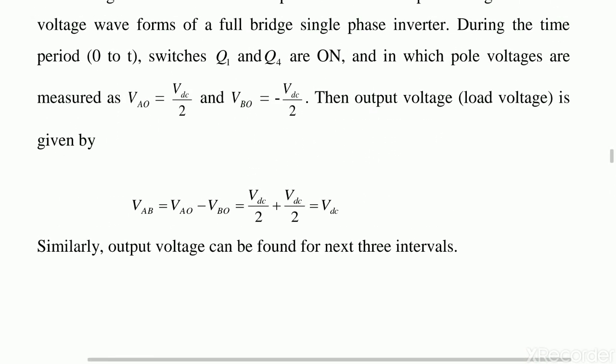So as you get, in the state 1 and state 2 we are getting output voltage, that is for state 1 there is a positive voltage and state 2 there will be negative voltage, and this cycle continues in next intervals. So first turning on Q1 and Q4, then it will be turned off and then turn on Q2 and Q3. So this process continues and the output voltage across the load will be an AC waveform, square wave AC waveform, which has positive and negative polarity. In this way we are getting AC voltage across the load with the help of DC input.